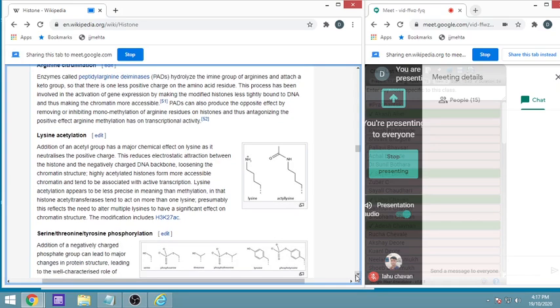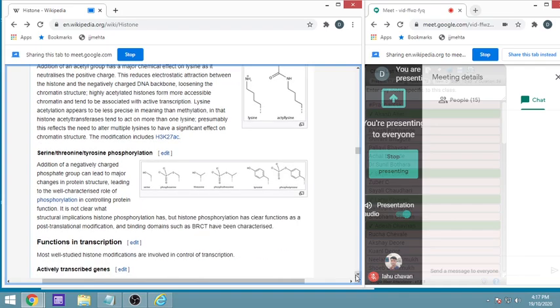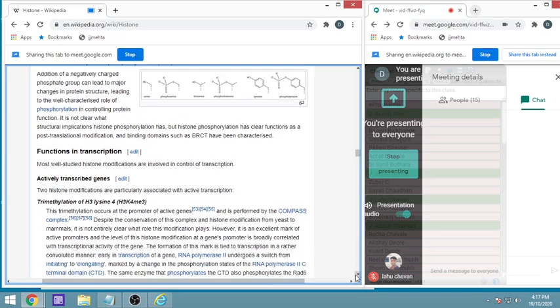Then serine, threonine, tyrosine phosphorylation. If you remember, in apoptosis, these serine, threonine play an important role. Tyrosine kinases, they play an important role. So these tyrosine kinases are there, and accordingly they all function in different kinds of transcription control. So examples of these are